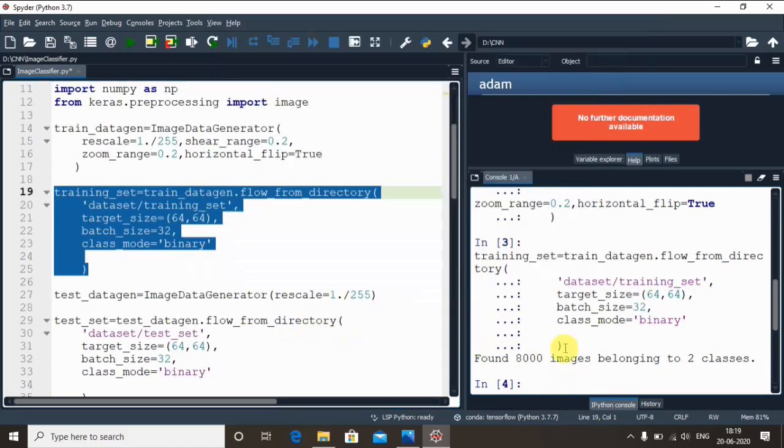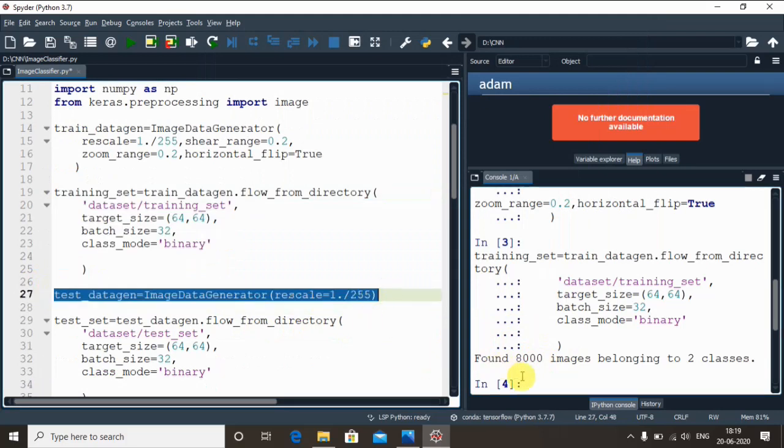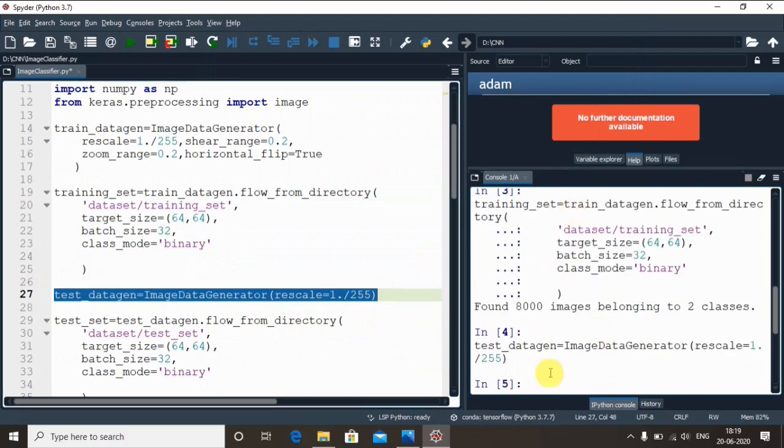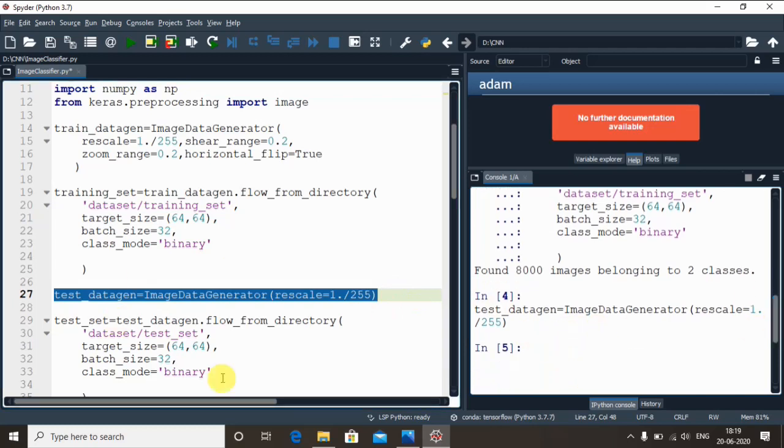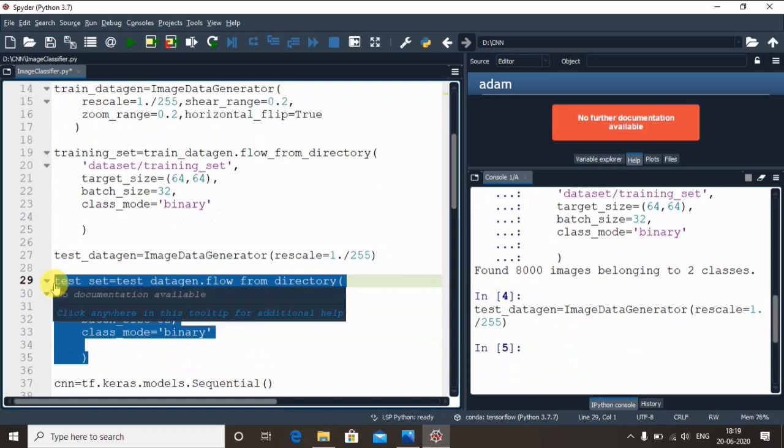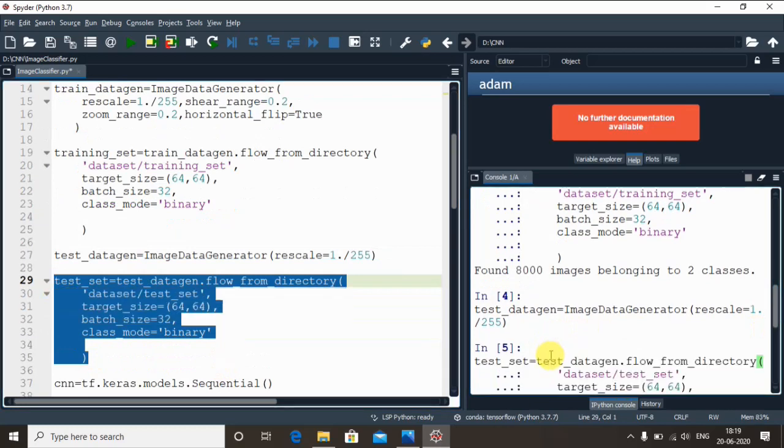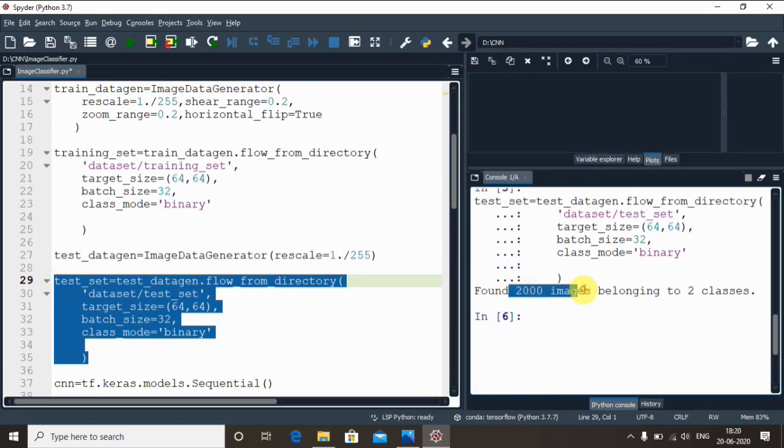Correct. So the same thing has been given here, and we will follow the same procedure for the test dataset also. We know that for this particular test dataset we are applying only feature scaling. We are not applying any kind of image augmentation techniques to this, because we would like to test it with the real image. So we don't want to modify that image, right? So we are done with that, and similarly we will apply it to the test dataset in the working directory, and we'll see what output we get. Yes, found 2000 images belonging to the two classes, that is cats and dogs. 1000 images in cats and 1000 images for the dogs.